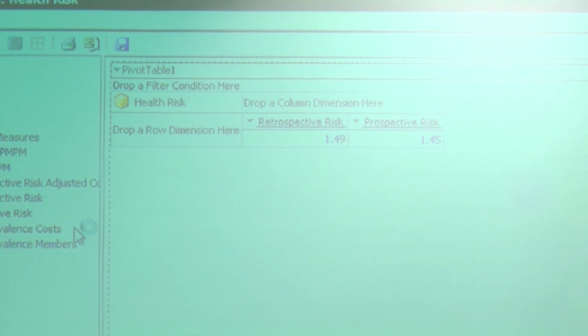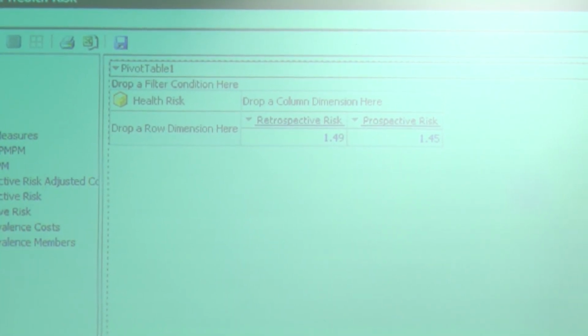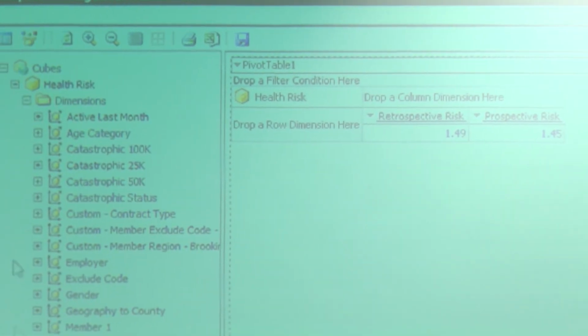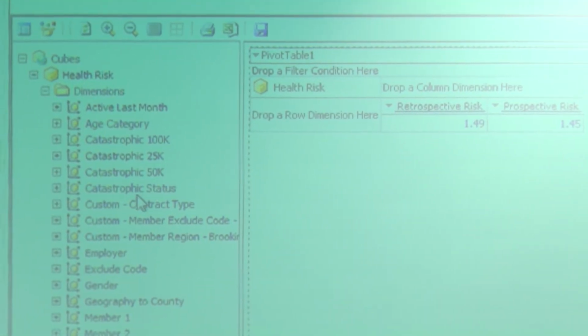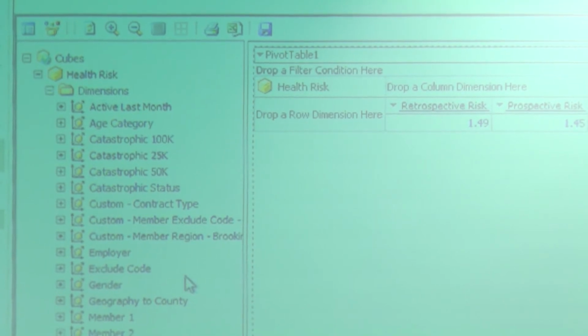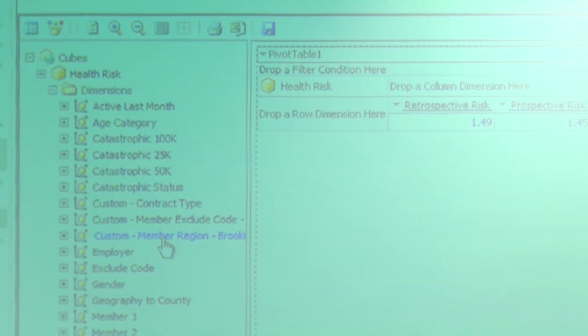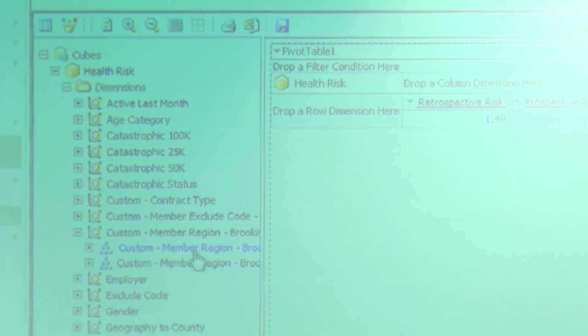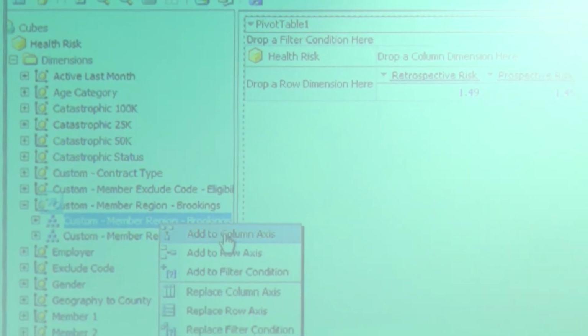Where is the real risk? I can go back up here to my dimensions, and I can cut the risk by any one of these things up here. So one of the things you might want to cut the risk by is this member region. You know, what's your risk by region? So if I open this up a little bit, and I drop it into a column,